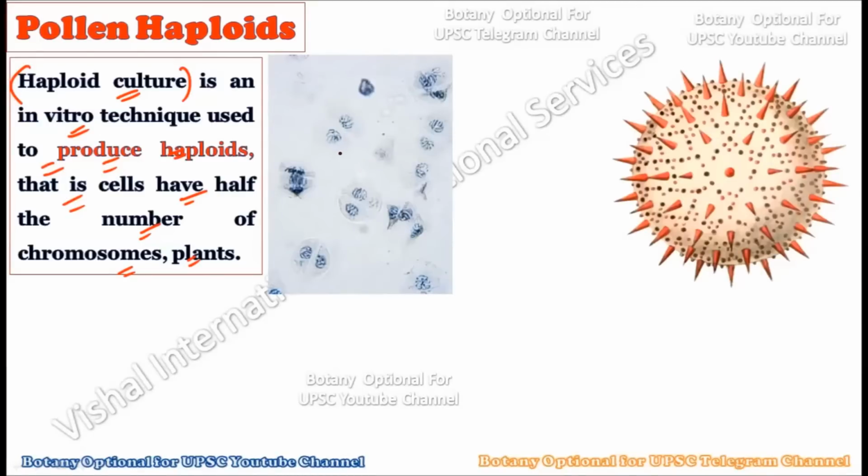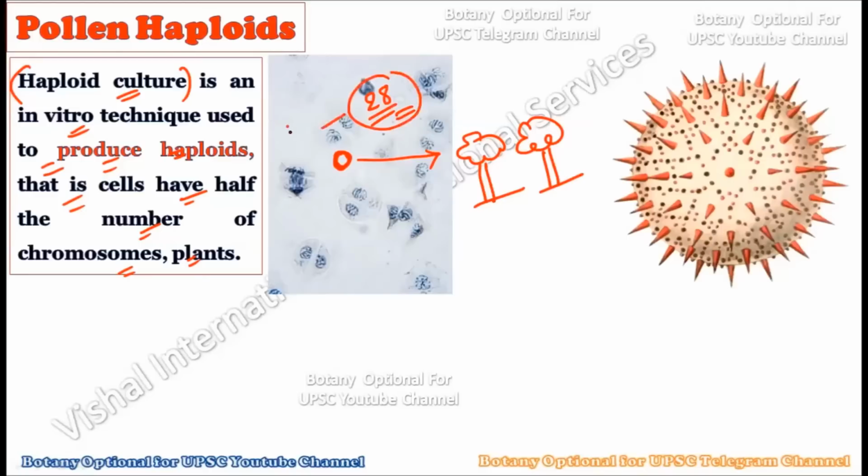For example, you take the haploid part of the plant, generally the pollen grains, right? Pollen grains or gynoecia, or any part of the female gametophyte or the male gametophyte, can act as a haploid explant. So you take these haploid explants, and out of them you create the haploid plants. Haploid literally means the one which has half the number of chromosomes. For example, if there are 28 total chromosomes in the plant, then the haploid number will be 14.